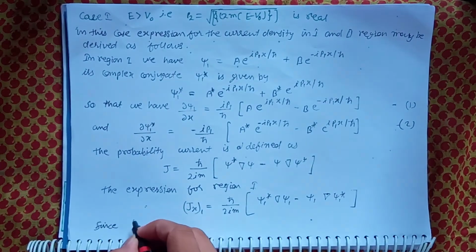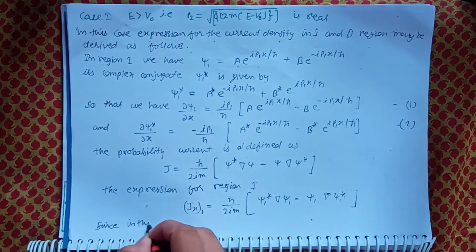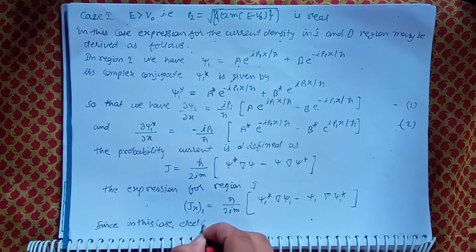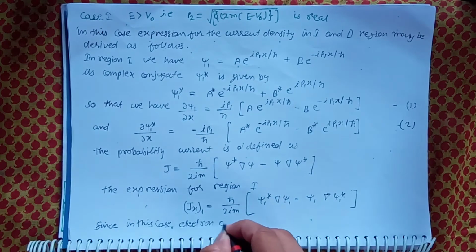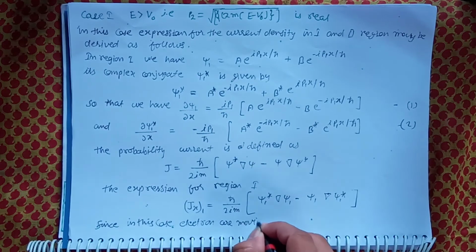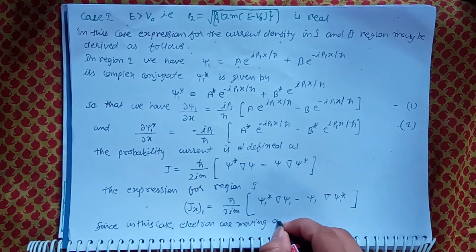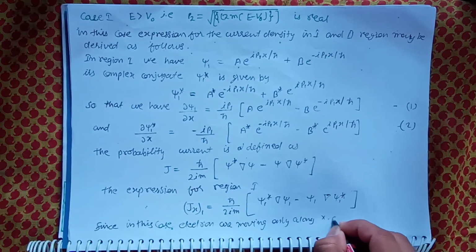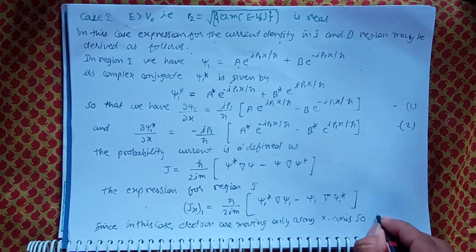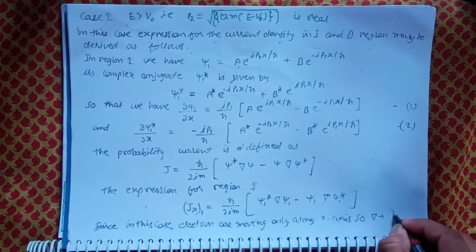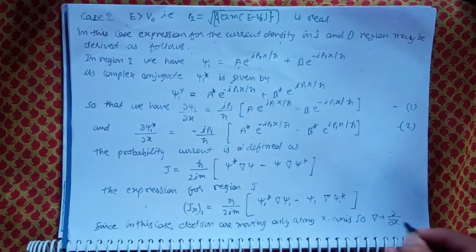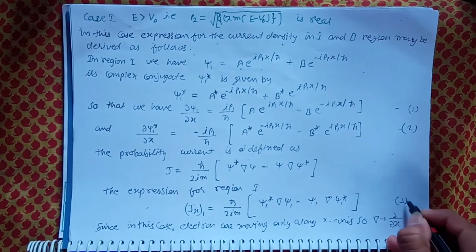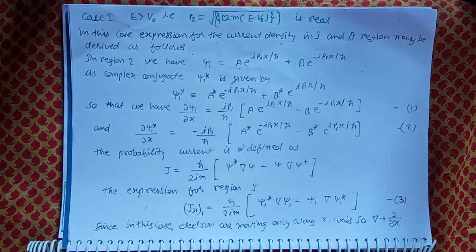Since in this case electrons are moving only along x axis, so del tends to del over del x. This is equation number 3. तो स्क्रीनशॉट ले लीजिए, फिर बढ़ते हैं आगे।